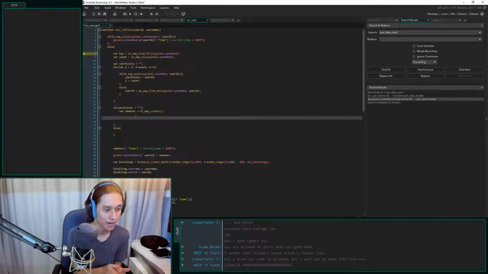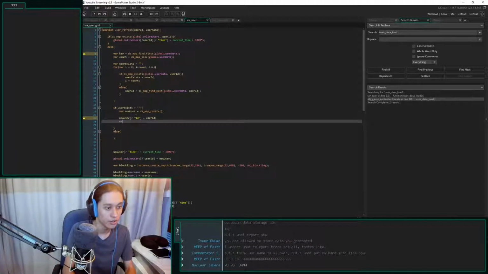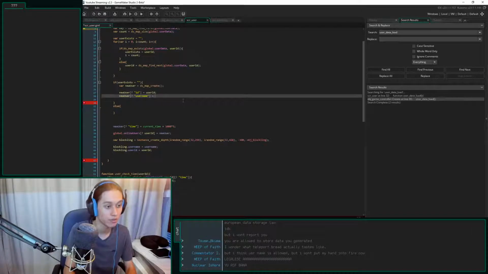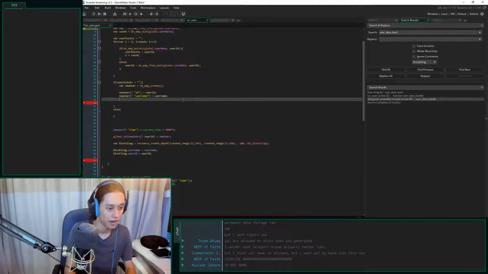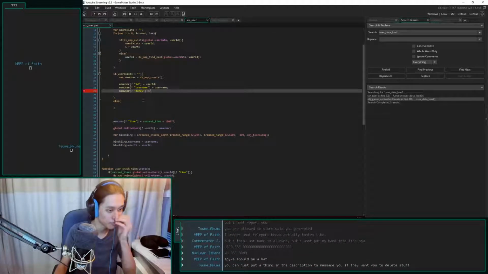New user. If my user does not exist, then I'm going to create a map. I'm going to set the ID equal to the user ID. Username. Am I calling it username or just name? Yeah, it's called username. Username equals username. And then I'm going to set new user money. Monies equals 0.